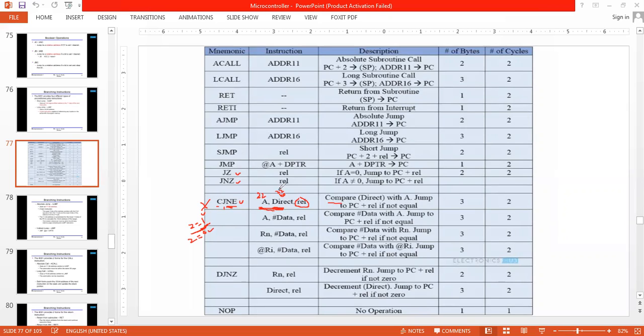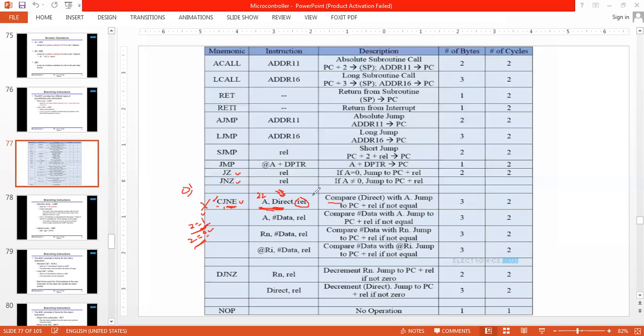If 22 minus 21, then the result will be 0, 1. That result will not be stored, but the Z flag will remain 0 only because there is some value. The value is not 0. That is why Z is equal to 0. So that means both are not equal. So if both are not equal and Z is equal to 0, then this instruction is going to be executed. Compare and jump to a